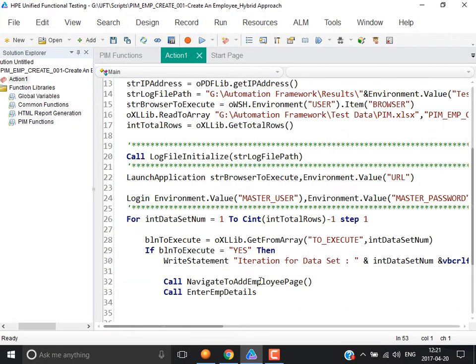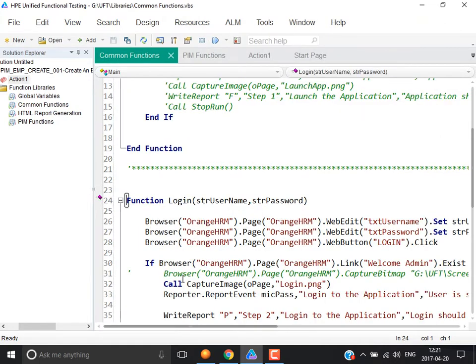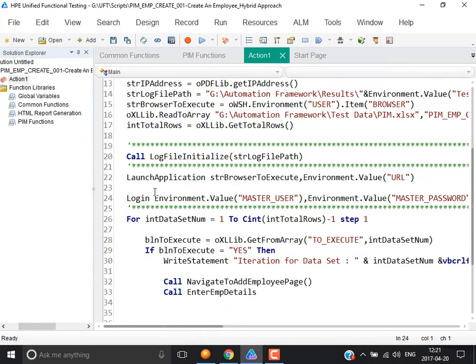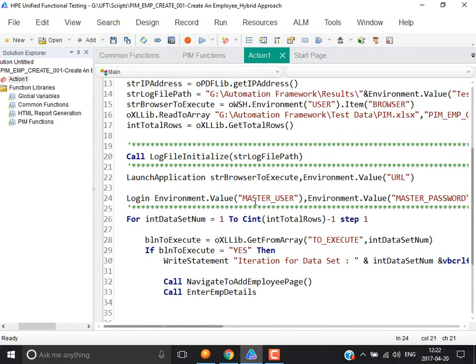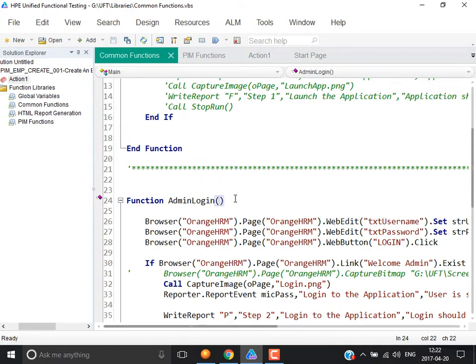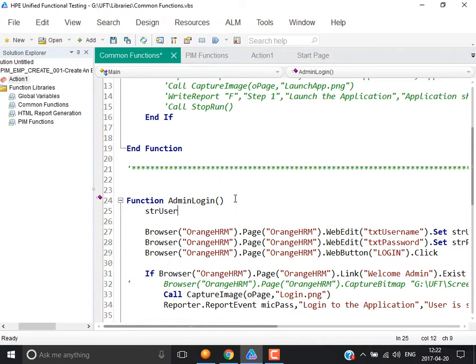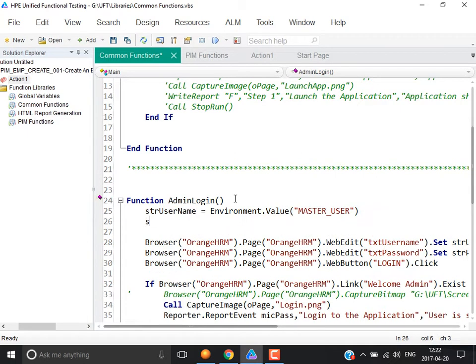You'll have to say login now. Login also I will change a little bit. For each login I will create one function. It's functionally decomposing now. For one login, normally one username that you will be creating. Str username equal to this. Str password equal to